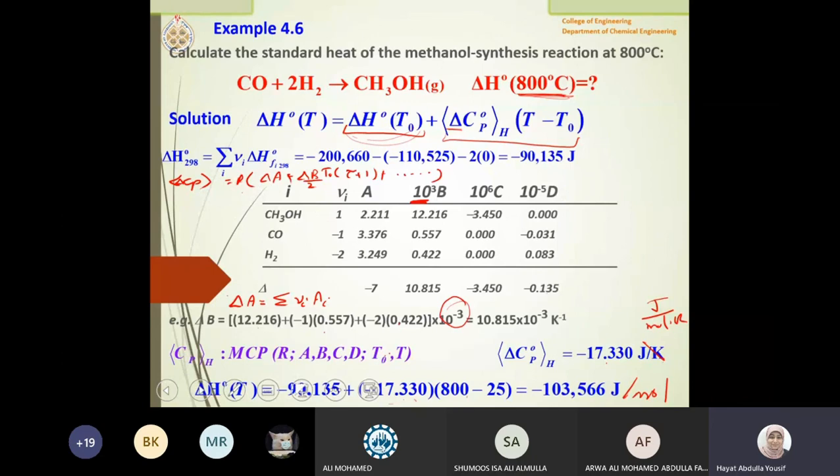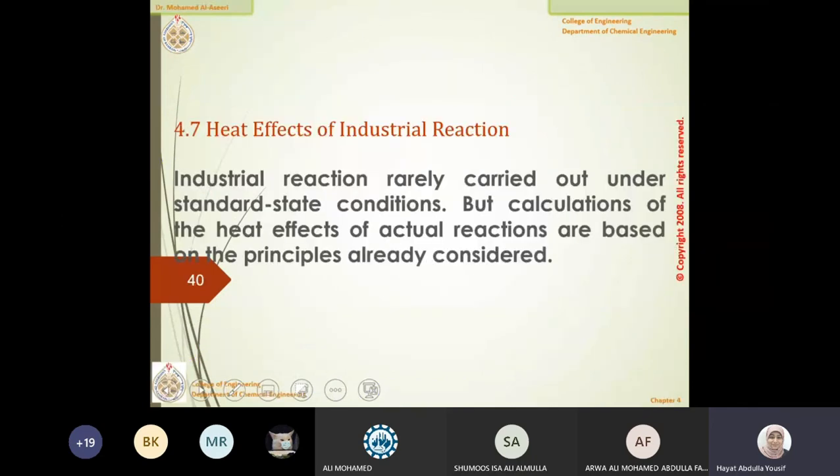Okay, so next lecture, I will talk about industrial reactions. What if I am dealing with real reactions? I will bring real stories from industry where life is not as straightforward as I said. It's not that 1 mole with 1 mole gives me 1 mole, or 2. I mean, not based on the stoichiometric proportion. That's the idea.